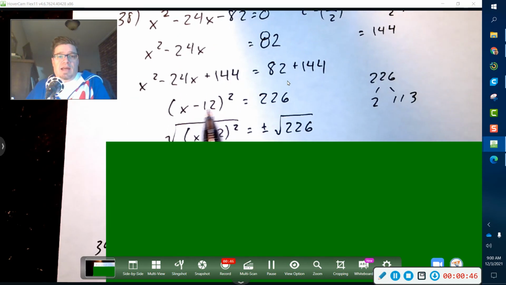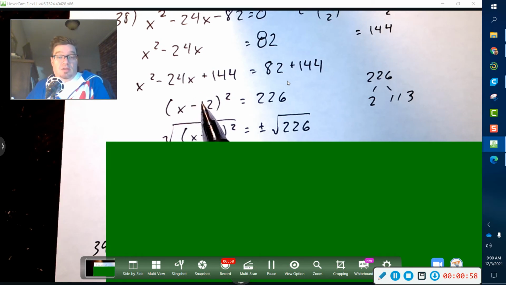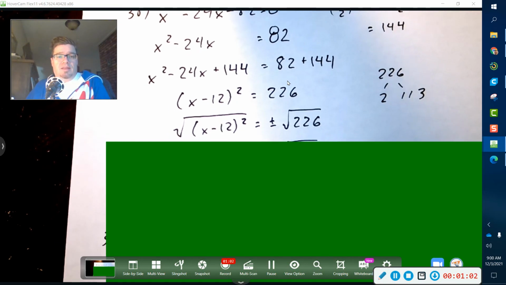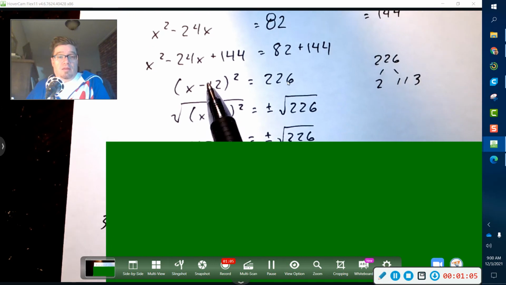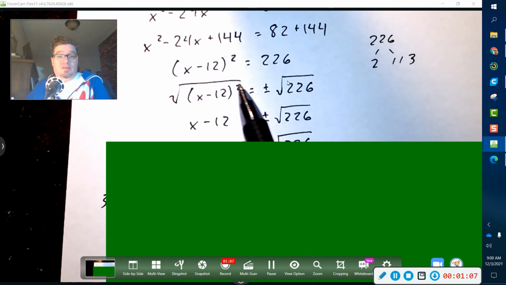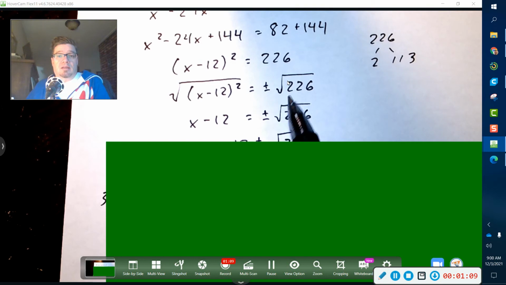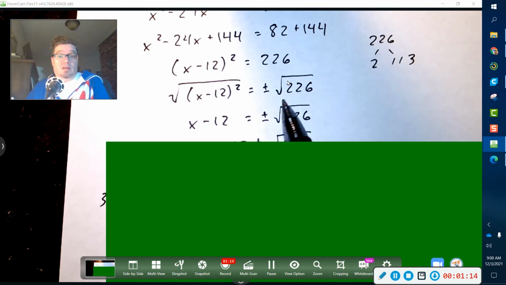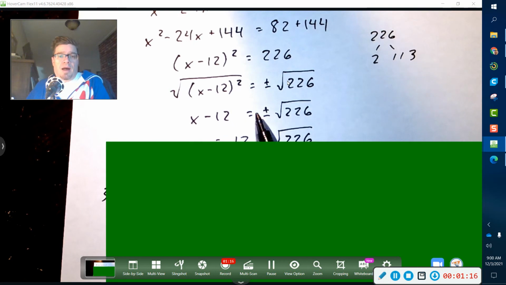These guys can now form a perfect square trinomial, which means I can put it directly into this parenthetical packet. Okay, now that's why we complete the square, to get to this stage. Now I add those two, I get 226. Now in order to get this x free from this parentheses, I'm going to have to take the square root of both sides, which I do, and I go ahead and try to take the square root of 226, but I notice that they're both prime numbers here, so it looks like I'm just going to leave it as it is, and then the